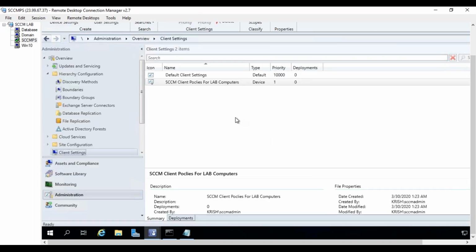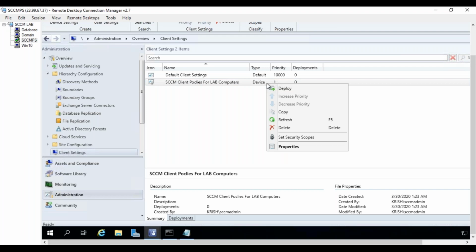Okay, so this one, SCCM client policies for lab computers, is priority number 1. That means this policy is on the highest priority, so it will be applied on the computers. Right click. Now you have to deploy this policy on the computers. If you would like to apply this policy on all computers, you right click and choose